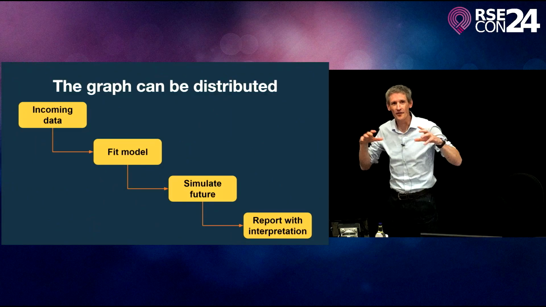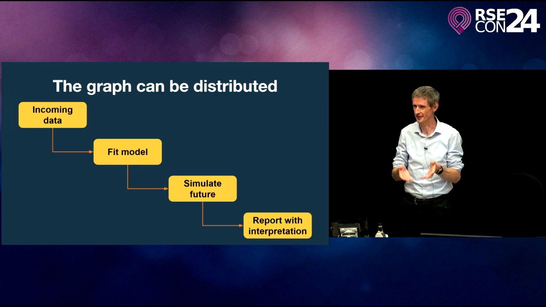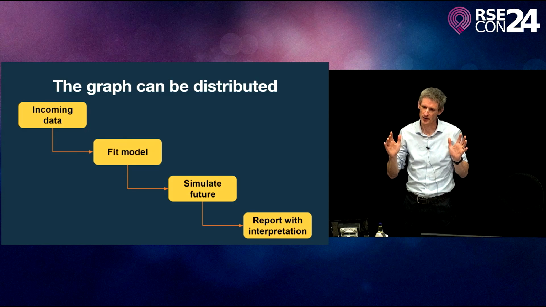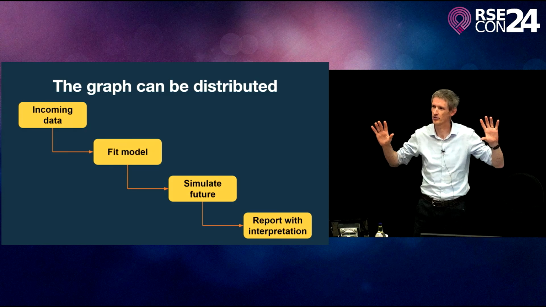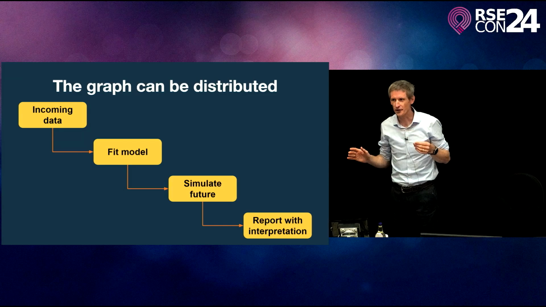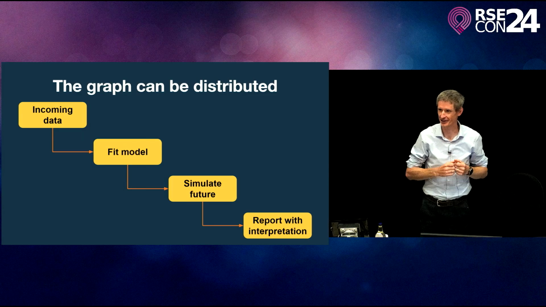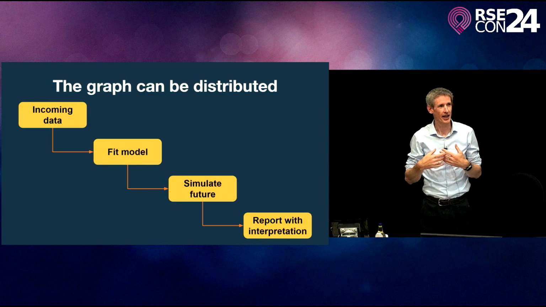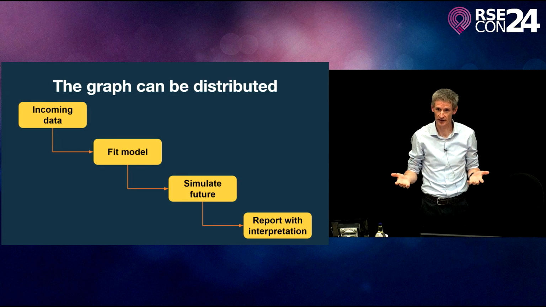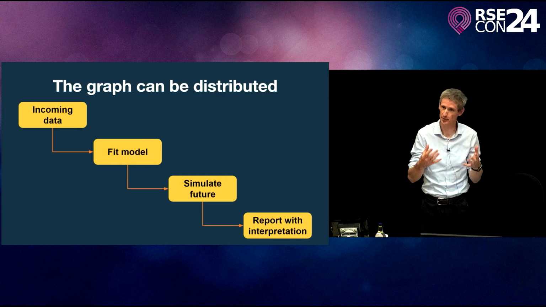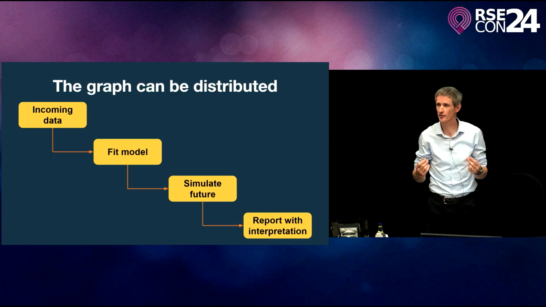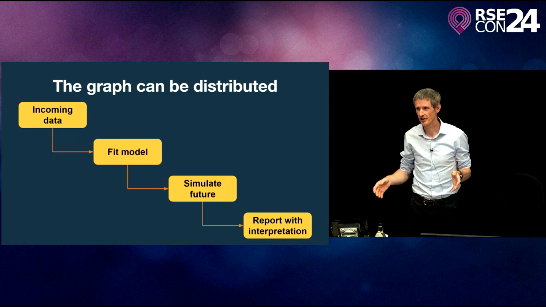So if you do that on one person's laptop, that's great. You make a binder project, and you can do all that right now. But where the innovation in this has come from is, can we think of this graph being distributed across different people? And so in early 2020, all of our researchers suddenly got physically distributed as we were all forced to work from home. And we're working on an analysis of COVID data for the UK. We're getting data coming in, people are analyzing it, people are making onward simulations, people are writing reports, and different people are doing different parts of this work. It's a big project, it's running for a long time.